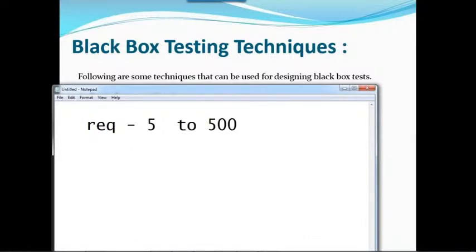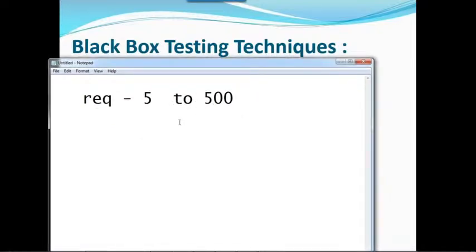Will you go with 5, 6, 7 like that? You need to test 5 to 500 numbers. How will you test this? First, we give a valid number which is present between 5 and 500, for example, 401 or 499.